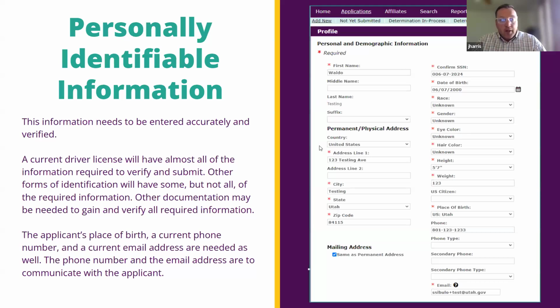Those are fields of information that we will need in the DACS system to be able to process that background screening. Let me emphasize the importance of the email address. This is how we communicate with the applicant if we need additional information to process their background screening, or to provide them notices in regards to their background screening or of actions that have been taken on them. So very important that you put that on there. Place of birth, phone number, and the current email address are normally not, and I will say not normally, they're not on the state driver's license. So please make sure that you verify that and put that on there.